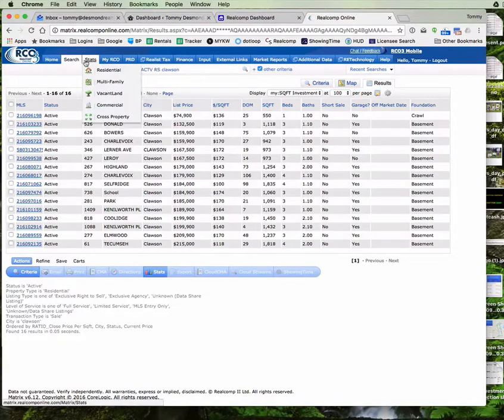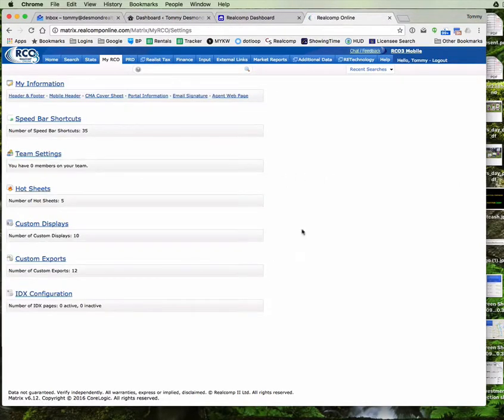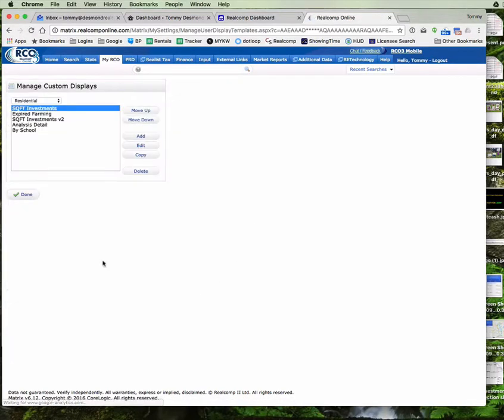First off, to set one up, you have to go into My RCO and Settings, and that will bring you to all of your custom setups here. We've got custom displays and custom exports. Custom exports I'll talk about in the next video, but custom displays, this is basically where we can make all of these. Up here you've got all the different variations of when this is going to show up,